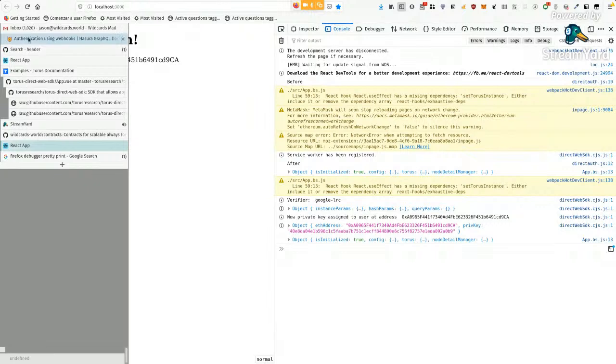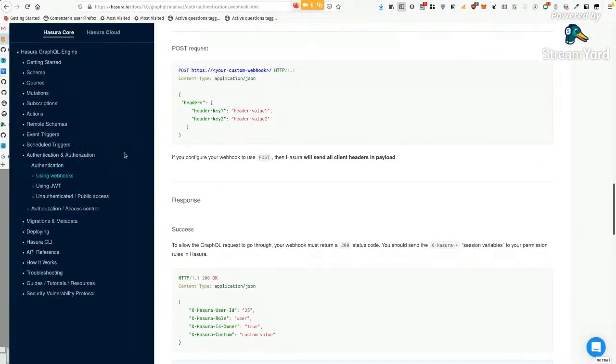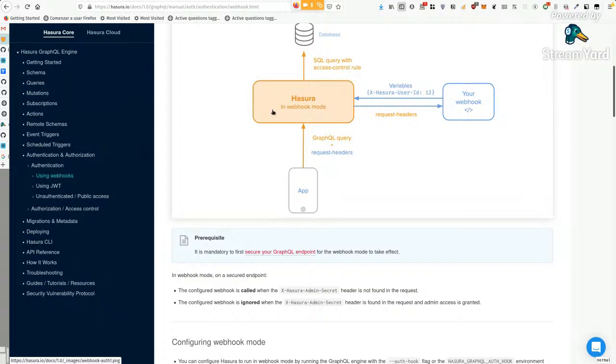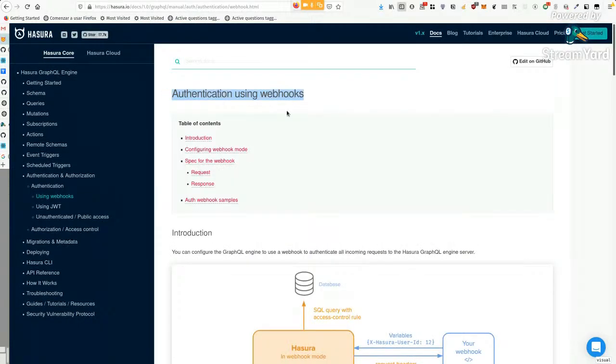The next step that I wanted to tackle is, so our backend, it's a very traditional backend with a database, nothing Ethereum or Web3 related. But Hasura, it's a really great service for creating GraphQL backends. They've got authentication using webhooks. So they've got authentication using JWT. And I'm not sure which is better. For me, I think,